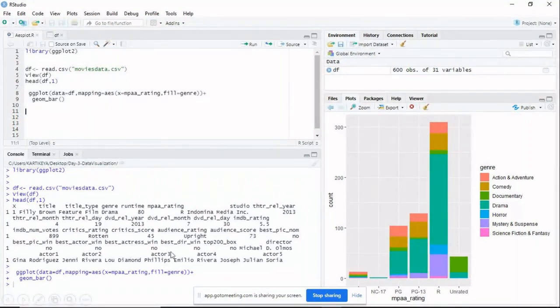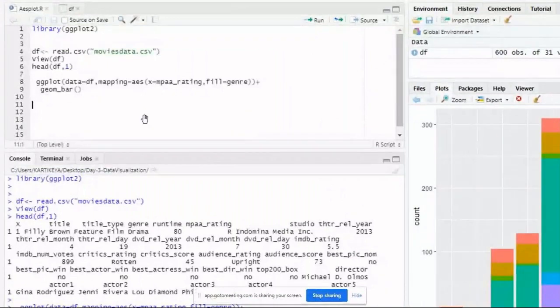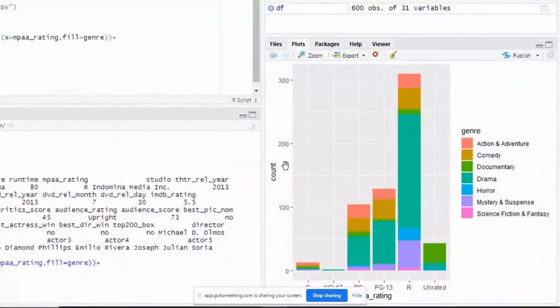You can see in the header where your mpaa_rating heading is present. On this side, mpaa_rating is another column. That column's data we want to display by using a bar chart. For the bar chart, the color scheme is a little bit changed. You need to write fill equal to genre, and change to geom_bar. I'm zooming in so that you can see the command. This is your geom_bar. It will display the bar chart with different colors.